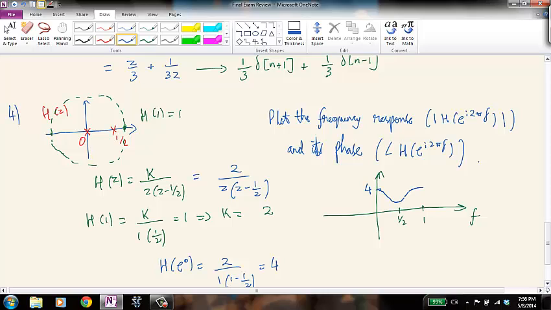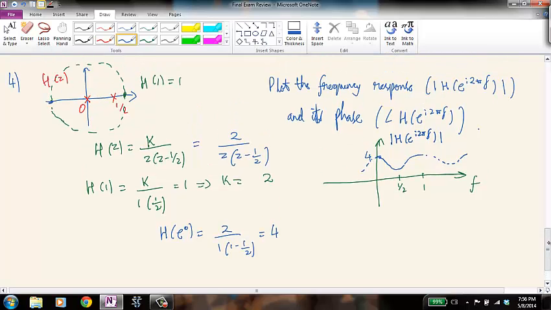You're going to have a minimum when you're halfway around, at the point that's furthest from the poles, and then you're going to go up again. You're going to get something that's periodic with period 1. Okay. So this is going to be your frequency response,